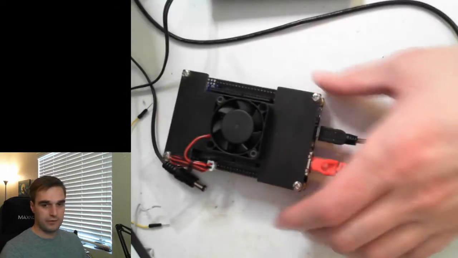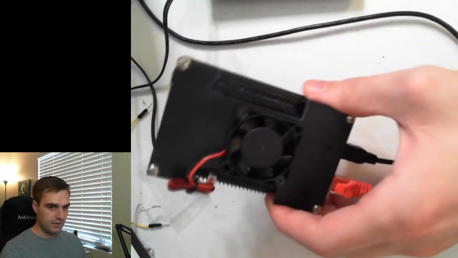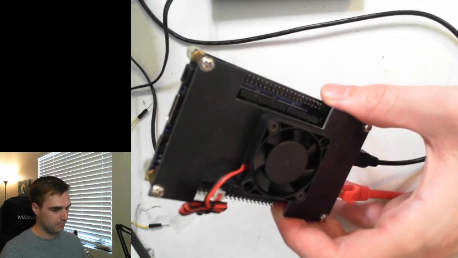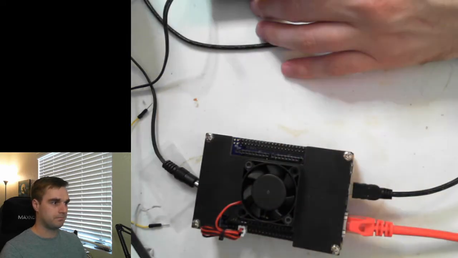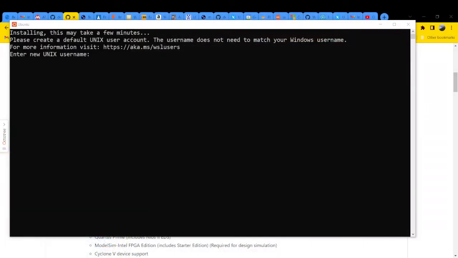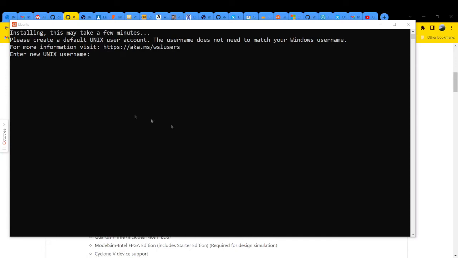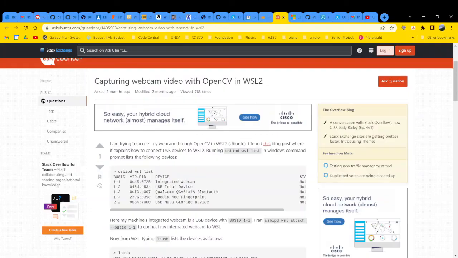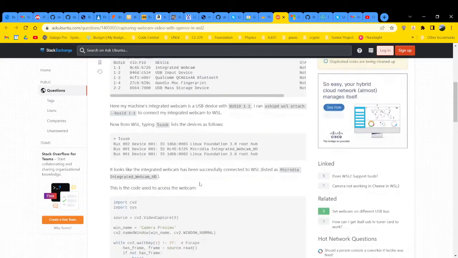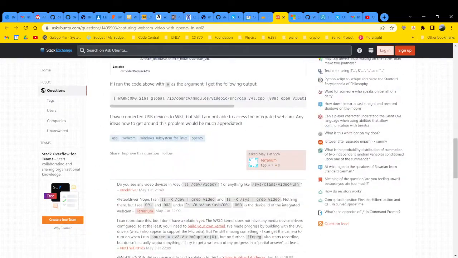The catch is when you plug your USB JTAG into this board, Windows Subsystem for Linux does not see the USB device. It doesn't actually detect that it got plugged in. So with that, I did some Googling. It's probably in a tab that's still open. Yeah, lucky me. This guy was trying to plug in a USB webcam, and then somebody said